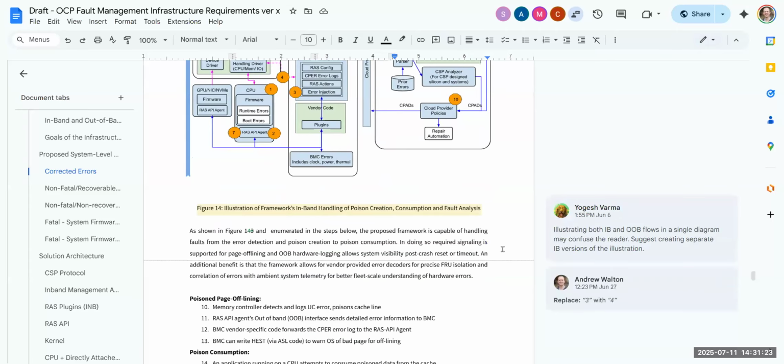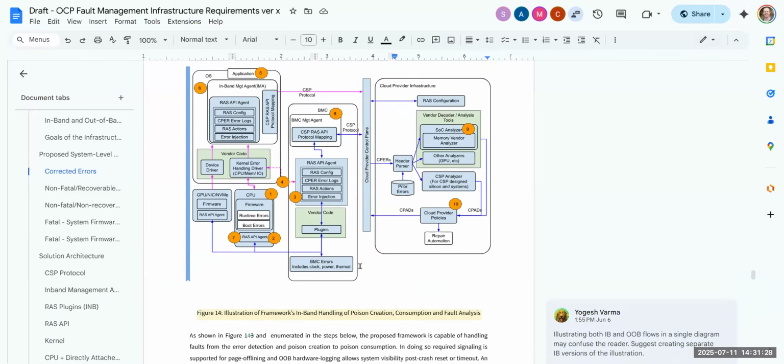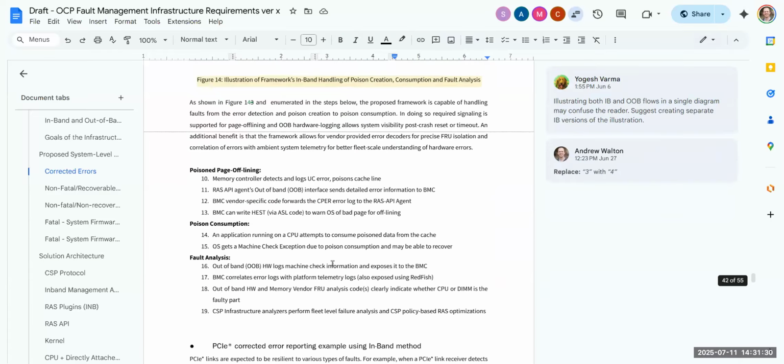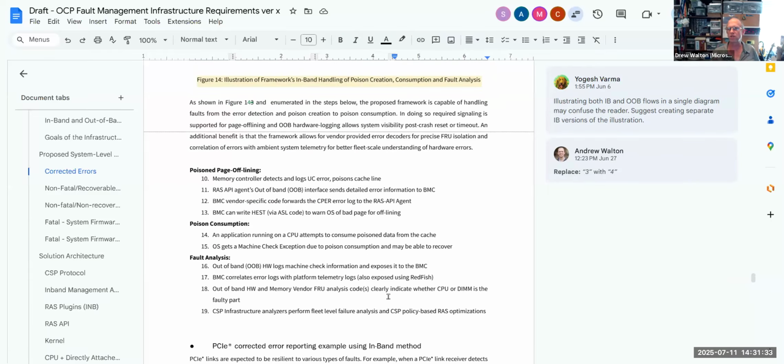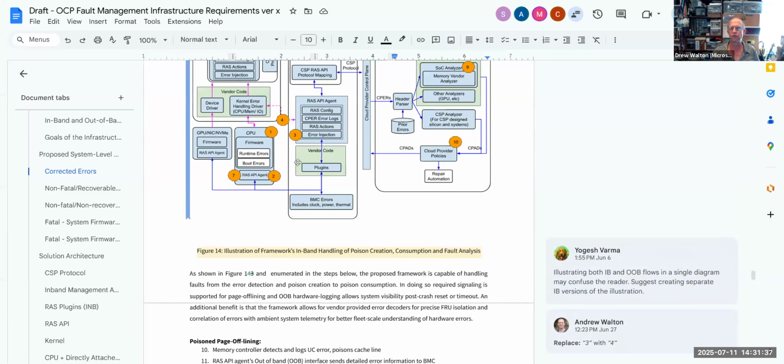So the new drawings are really changing the location of those number icons, right? The text has been there before and we all reviewed it, but the drawing changed a little, so there's a little bit of tweaking needed because it referred to things that weren't in the old drawing. I don't think it's a matter of changing the meaning. It's just a matter of making sure the numbers are in the right place. And if we have a RAS API agent now, we mention that rather than whatever we had before, because the agent wasn't there before. So that's what we've got to do. It's not a big thing.